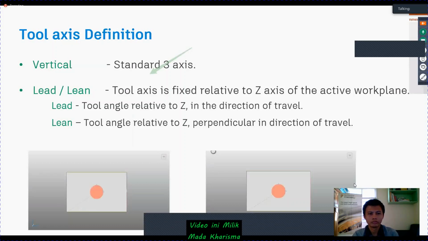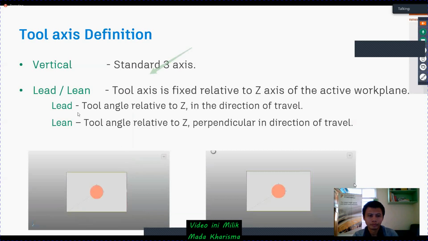It is a very useful one compared with any other tool definitions, because it is more flexible in rotating or tilting your tool axis. So what is meant by lead/lean? The basic definition is that the tool axis is fixed relative to the z-axis of the active work plane. It's very simple. I will show you what it means.